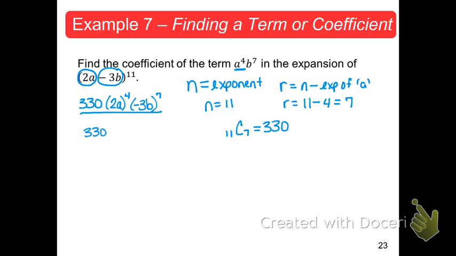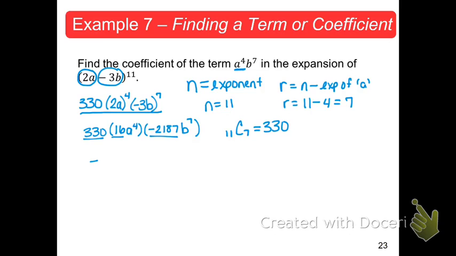So you got 330 times, what's 2a quantity raised to the 4th? 16, a to the 4th. And then what is negative 3b, all of it raised to the 7th? Negative 2,187, and then it's b to the 7th. So then we multiply our numbers. 330 times 16 times negative 2,187 would give me,